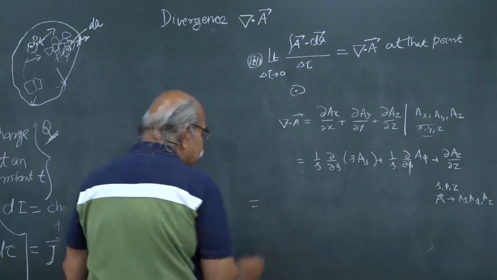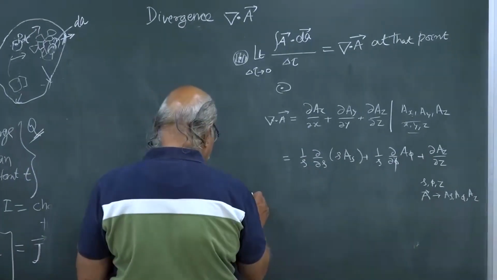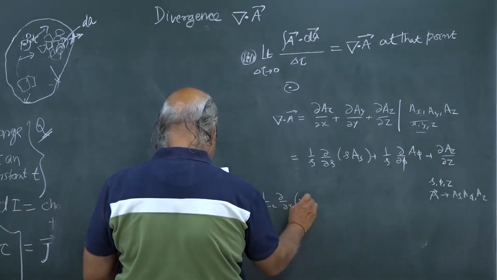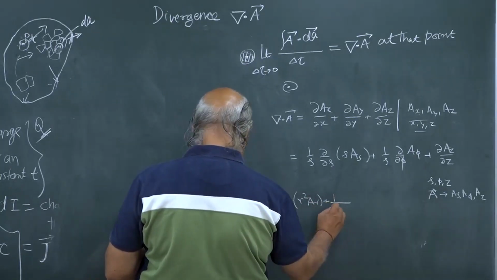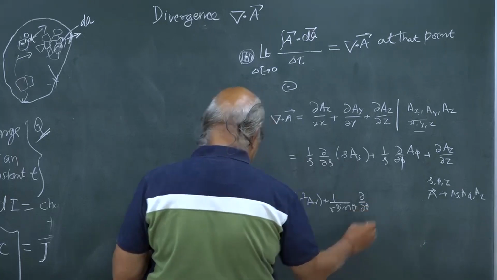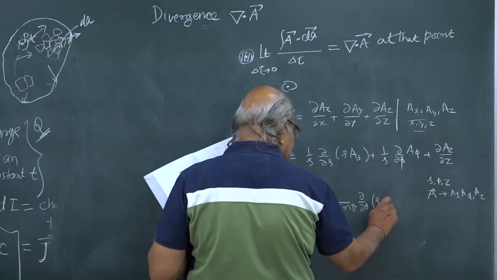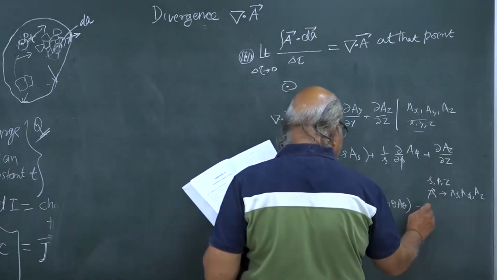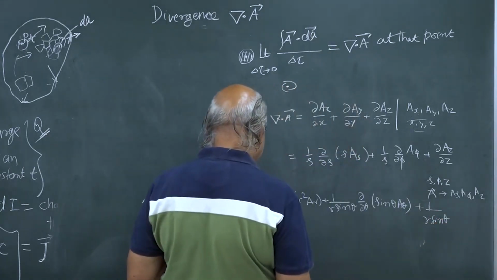And if you are using spherical polar coordinates r, theta, phi, then it is a longer expression: 1 by r square del r of r square A_r, plus 1 by r sin theta del theta of sin theta A theta, and plus 1 by r sin theta